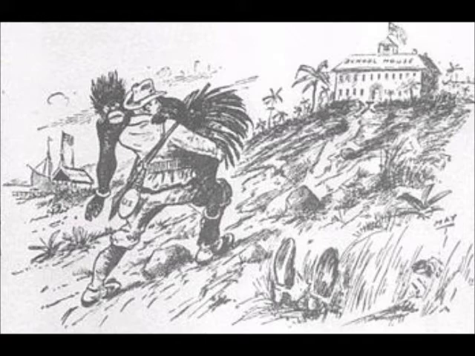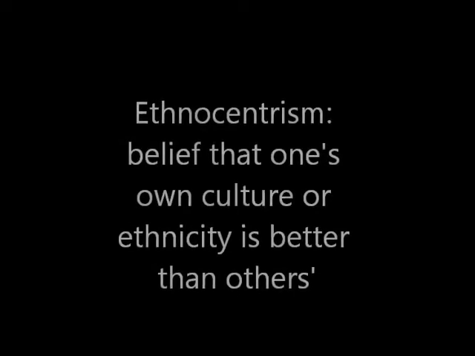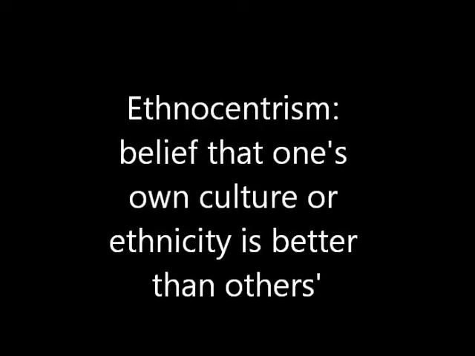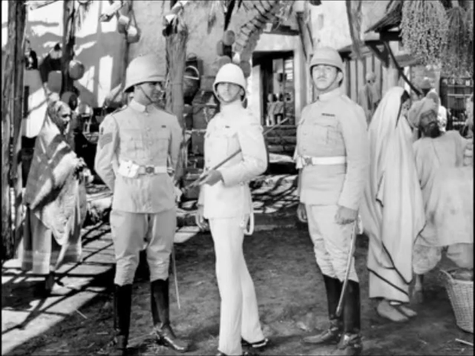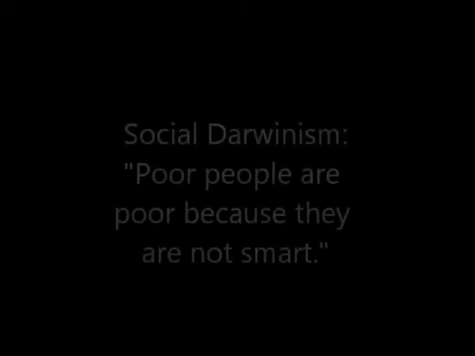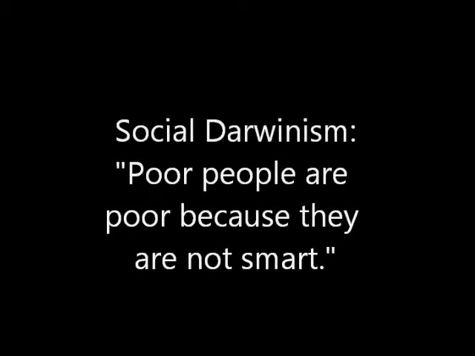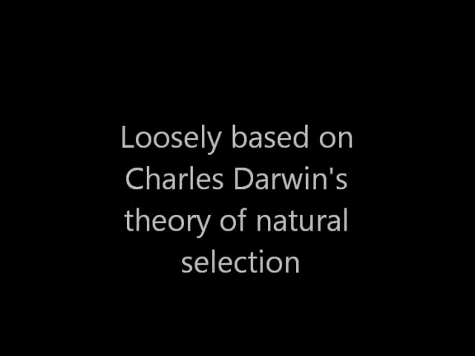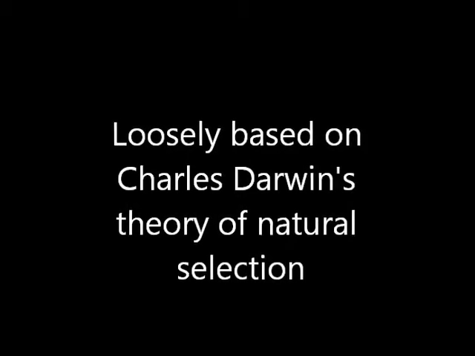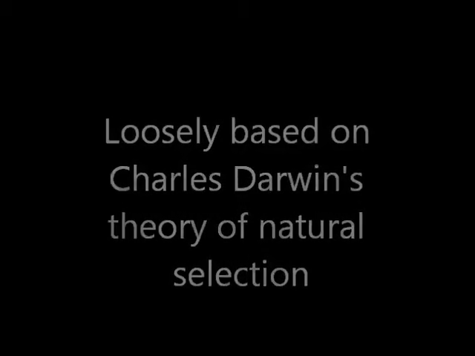The first, ethnocentrism. Ethnocentrism is the belief that your ethnic background or culture is superior to that of other people. You also need to understand that Europeans often justified their imperialistic policies because of something called social Darwinism. Remember last unit when I discussed this? Social Darwinism reflects a belief that successful and advanced people are more fit to rule the world. It was a social theory that came out of the Industrial Revolution and was often used as a justification for